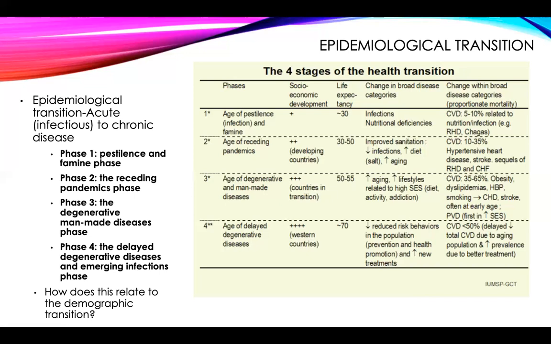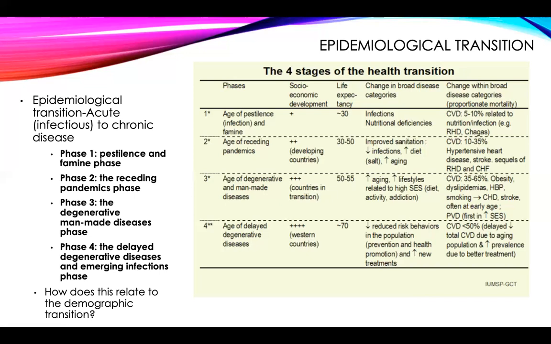People have more income, disposable income. So maybe they're spending it on things like alcohol, cigarettes, drugs. And so we start to see increases in addiction. And so your chart notes that oftentimes when societies are in this phase, this is where we start to see increases in high blood pressure, smoking, leading to heart disease and stroke, rises in obesity.